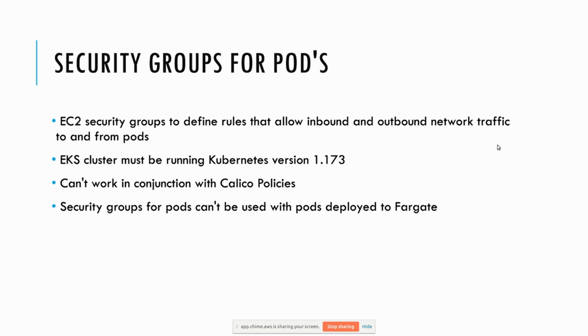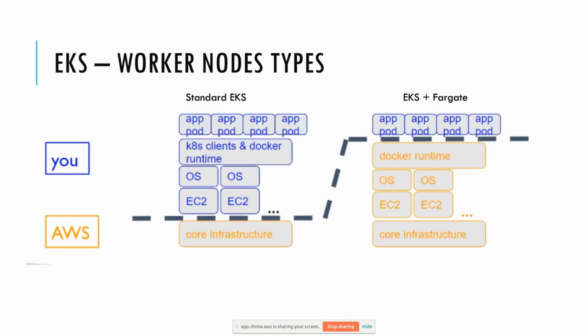Looking at the next slide. Thanks. Just touching on EKS worker node types, you get two main types: standard EKS and EKS Fargate. I'm sure you all know about EKS Fargate and its benefits, where you just define your pod or deployment manifest and deploy it onto the EKS cluster, and AWS completely manages everything else, from the scaling of your pods, the management of your OS, security patches, the Docker runtime, to all control areas. All you have to worry about is your application and the manifest.